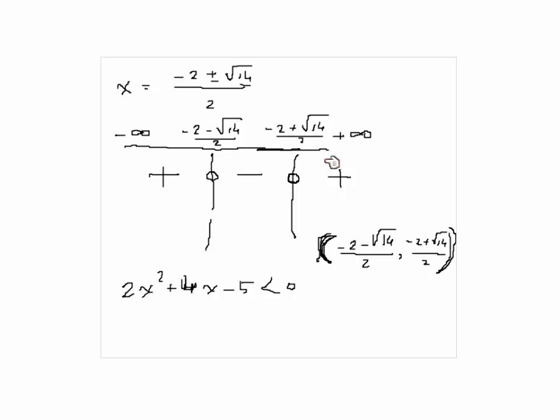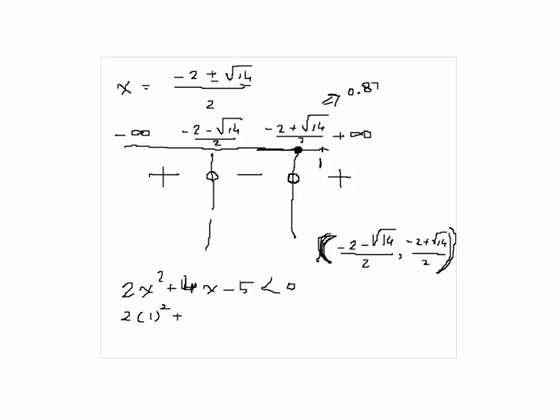Okay, the question is why we selected this area to be positive. We figure out that negative 2 plus the square root of 14, over 2, is approximately, and everybody agreed, about 0.87. You can use your calculator. So if I pick a number to the right of this point on the number line, let's say 1, and substitute for each x, 1,